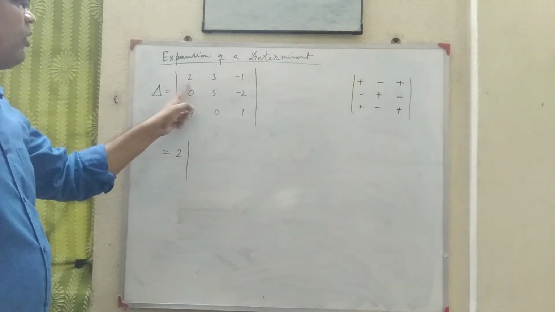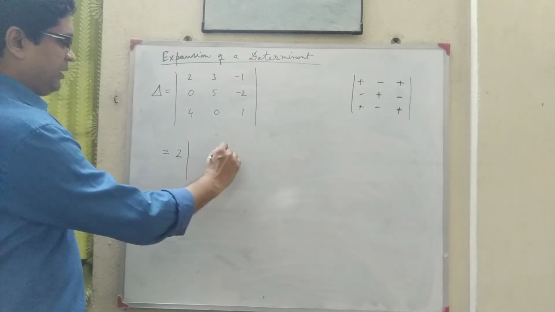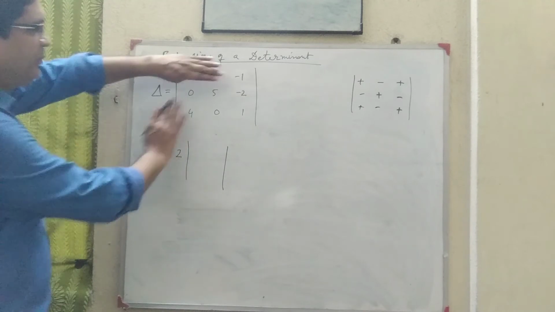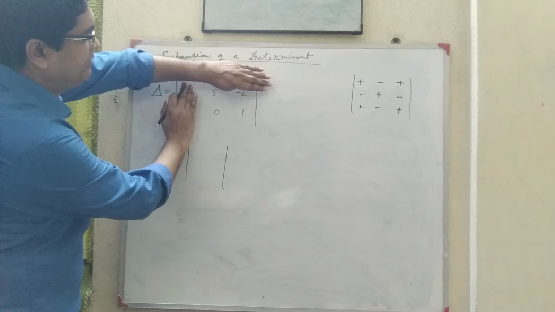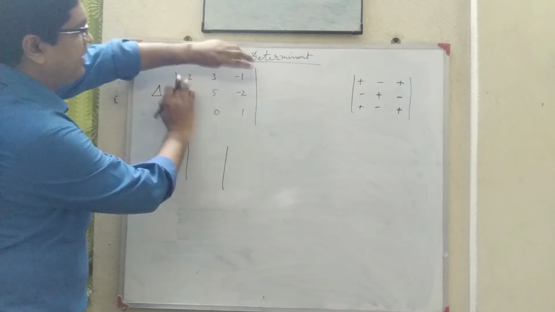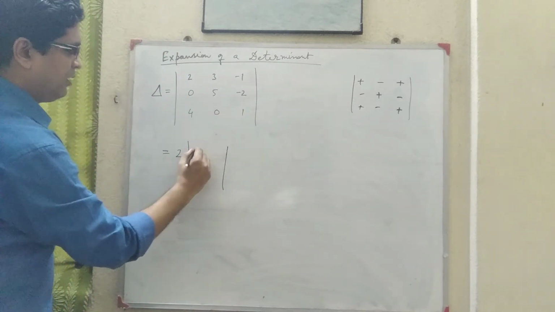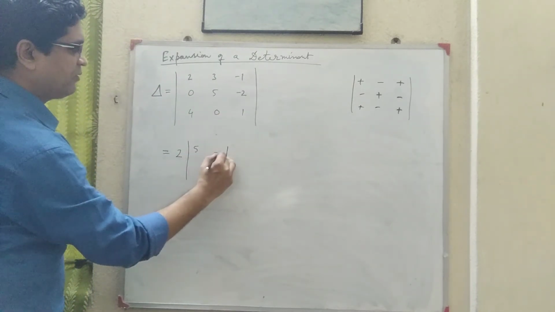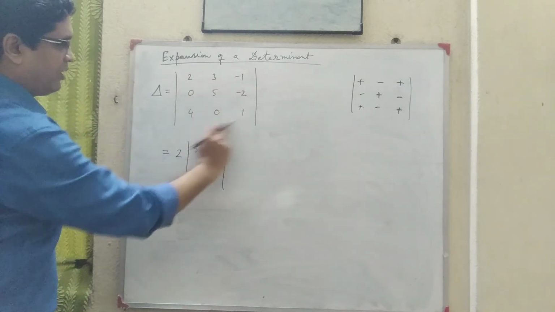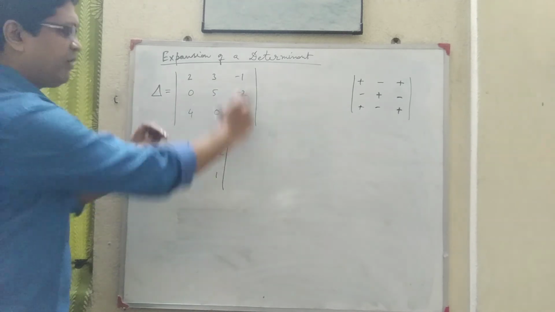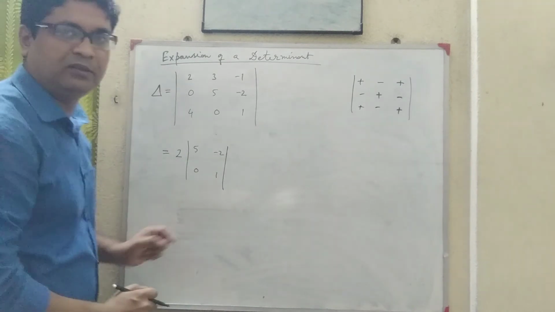Now the cofactor of 2 will be with plus sign. You have to cover the row and the column in which 2 lies, that is the first row and first column, and the remaining part will be the minor: 5, minus 2, 0, 1. This is the minor, together with the sign plus. So 2 into plus 5, minus 2, 0, 1. Next